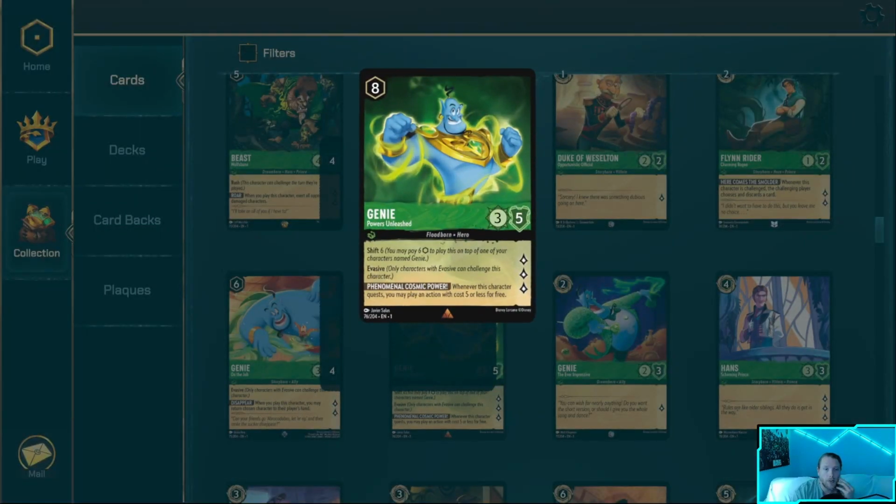This Genie, whenever this character quests, you may play an action that costs 5 or less for free. I don't think it's very good at the moment, but I think it's going to be good in the future. It also quests for 3. It also has evasive, and it has shift. So I might be underestimating it at the moment, but I don't think it's quite good enough in set 1